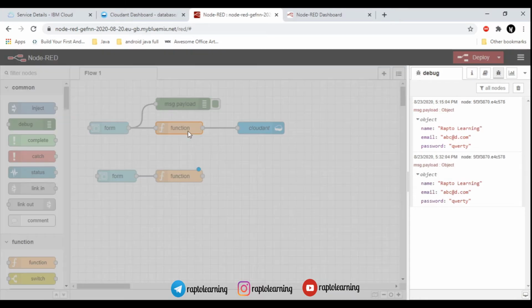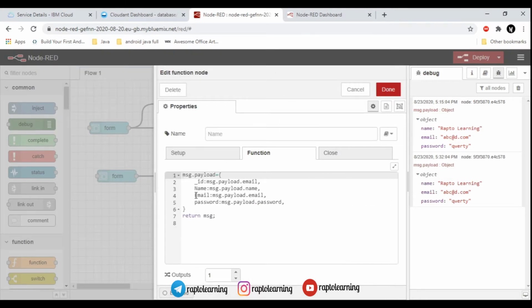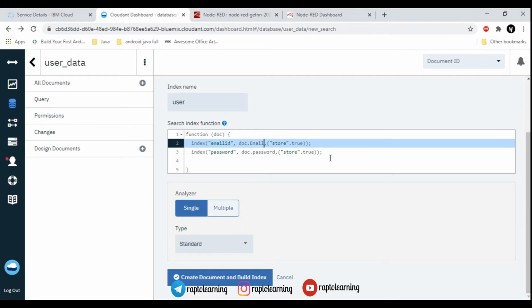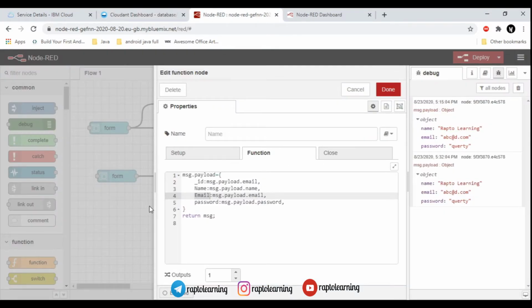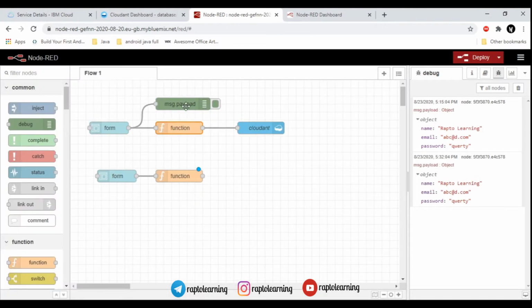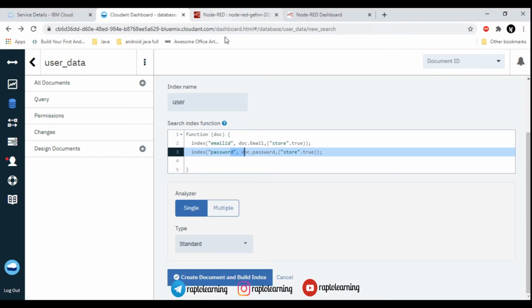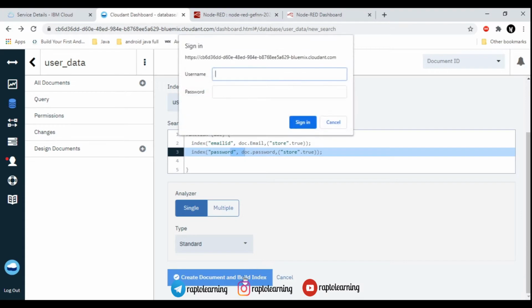Once again check the brackets and everything which I have mentioned. In the function column, make sure that this is where the email you have typed, and the password, and the doc after that, are the same as mentioned. Your email id was wrong, so I have corrected it. This is a simple mistake users make in the cloud, so don't make this silly mistake, as it may impact your code. This is now a little bit complicated, but create the document and build it.